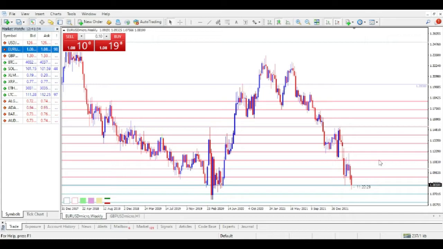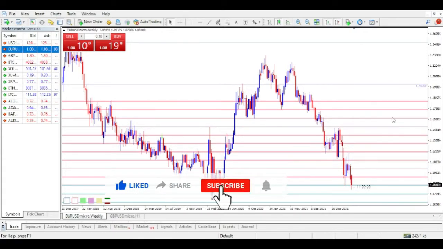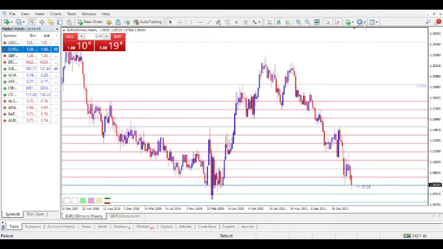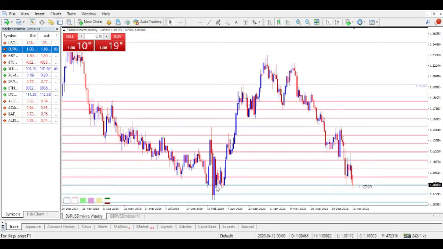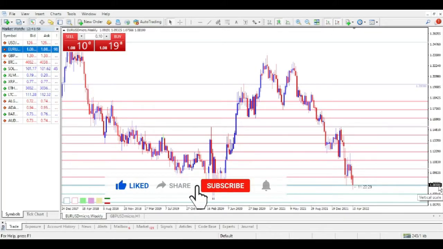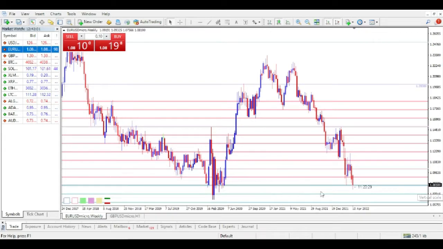Before we get into that subject, I just wanted to point you towards what Euro USD is doing. I've just noticed this. We are on a weekly time frame, and Euro USD is actually sitting at this level, 1.08100 kind of, but it should have been another zero there. This is weekly time frame, and we were at this level in